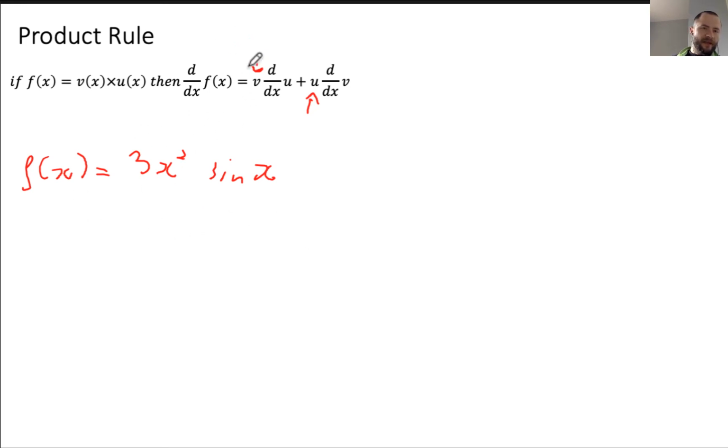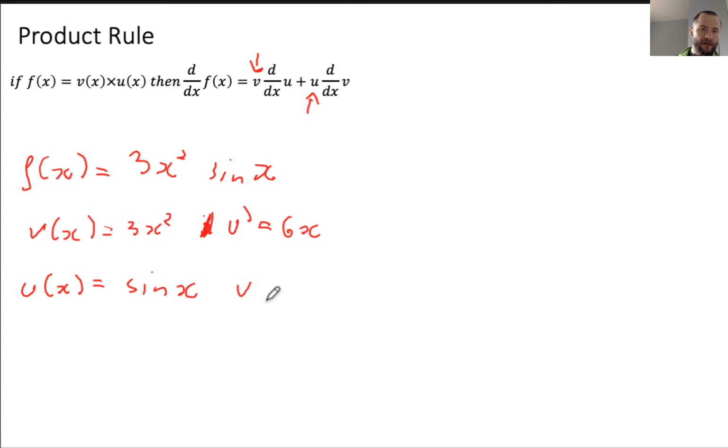To get the derivative of this expression, I'm noting that v of x is equal to 3x squared, and v prime is equal to 6x. Putting that dash beside the function also tells me that it's a derivative. Then my u of x is equal to sine of x. So finally the derivative of u is equal to cos x. So now if I want to find the derivative of f of x,